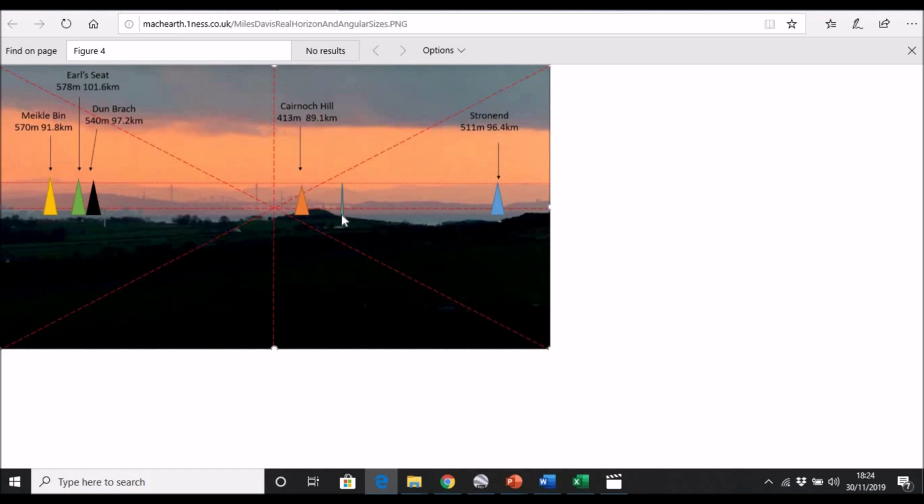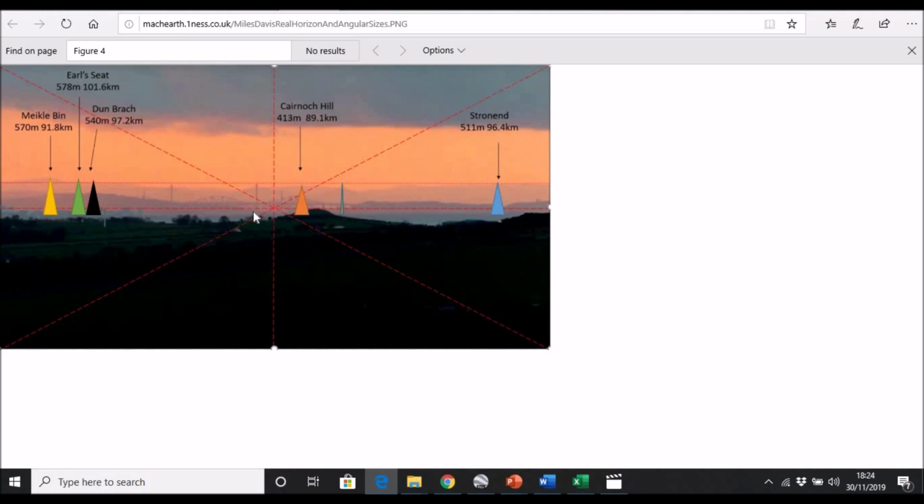The bridge tower is considerably closer than the hills in the background. It's 45 kilometers away, and the closest hill in the background is 90 kilometers away. So it's half the distance. When you look on a flat surface, as Gleam has been pointing out all along, the floor appears to rise up in front of you. And therefore, the base of these hills will be considerably higher up in the frame, in the field of view, than the base of the bridge tower.